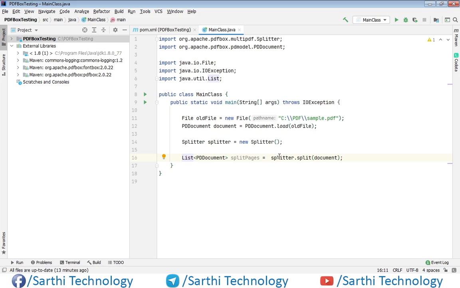Basically we will call splitter.split and provide this document, and it will return a list of PDDocuments. All the list we will catch in this object splitPages. Now we need to make separate files of these pages, and for that we will use a for loop.